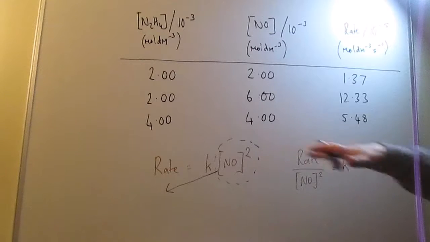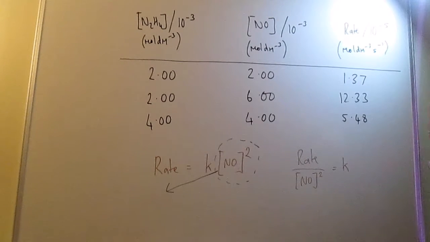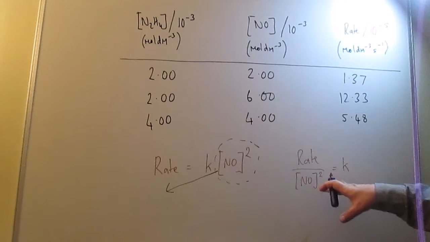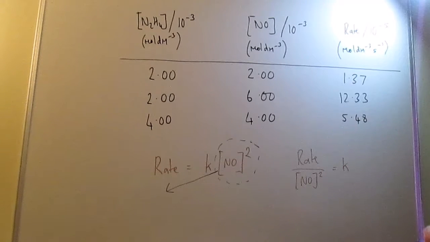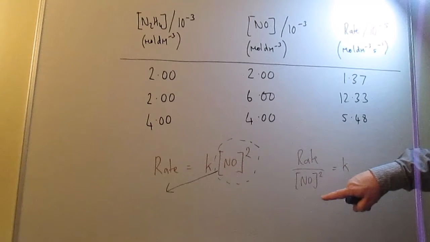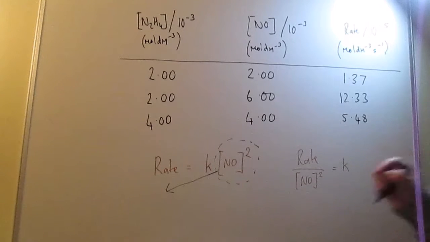You should write that first before you put any numbers in. That's really important, and a lot of people are very reluctant to do it. They just want to get the numbers stuck in straight away. But the problem is, if you get it wrong, if you just make a calculator error, for example, if you haven't rearranged the equation, you're probably quite unlikely to get the marks for working. So much as you don't want to do it, you have to do this algebraic rearrangement first, and then put